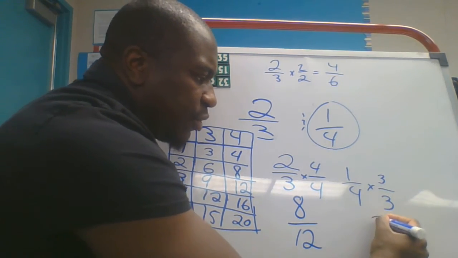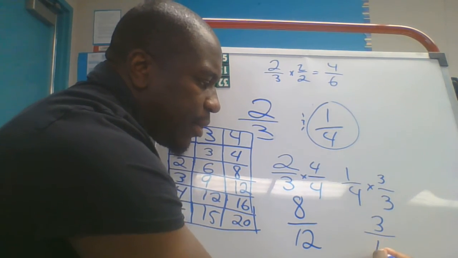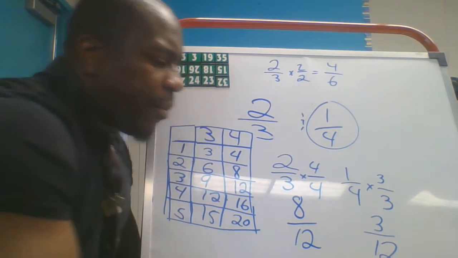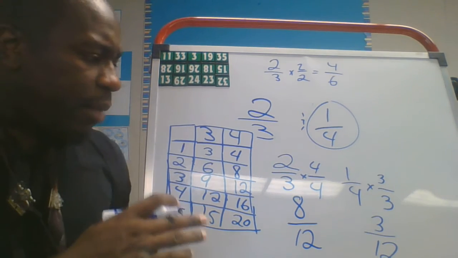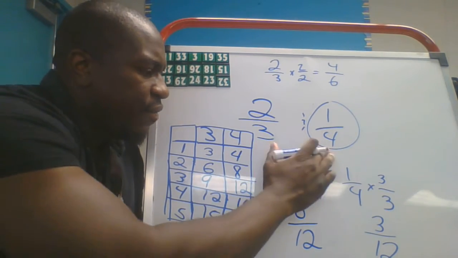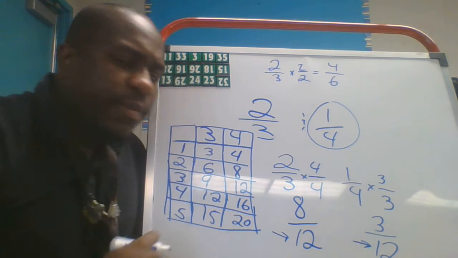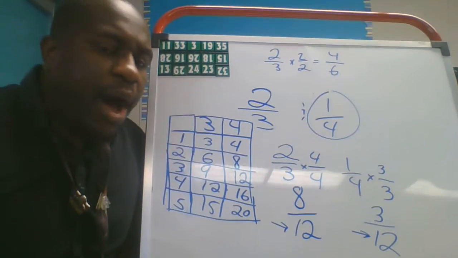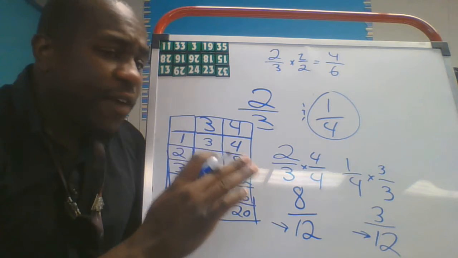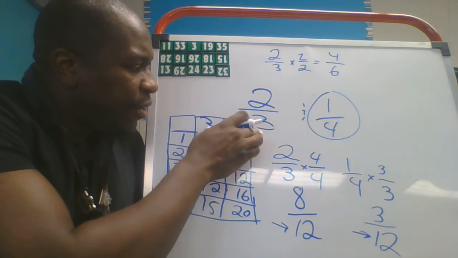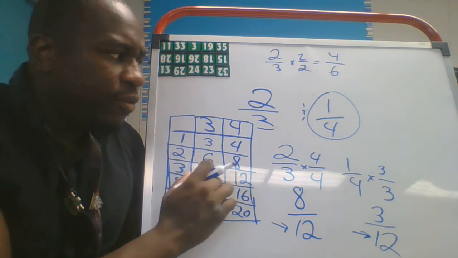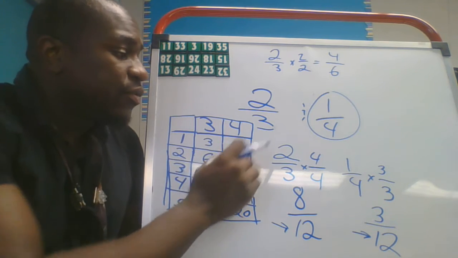And that's going to give me 3 over 12. So my common denominator between 3 and 4 is 12. That's my common denominator. The equivalent fraction for 2/3 is 8/12, and the equivalent fraction for 1/4